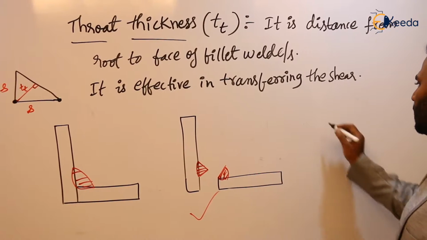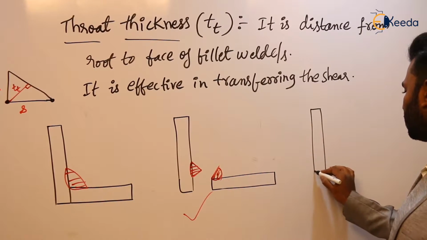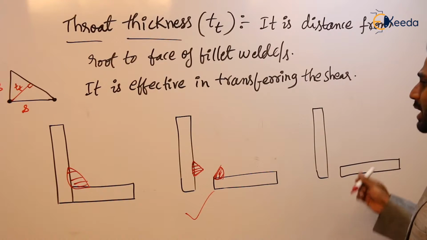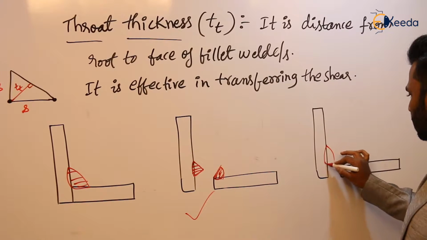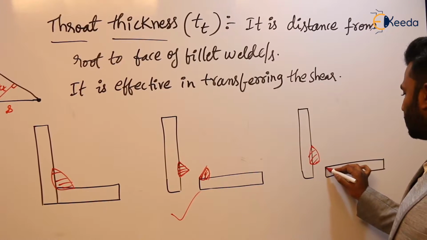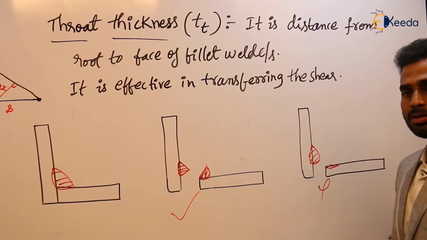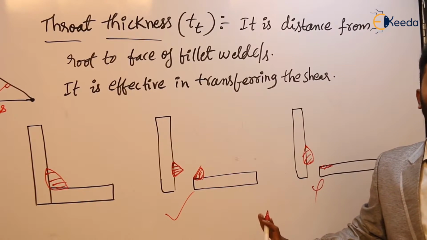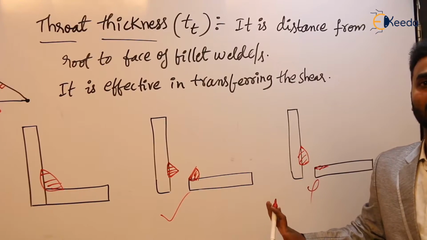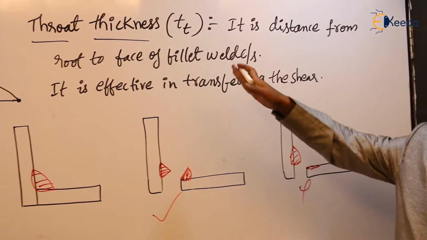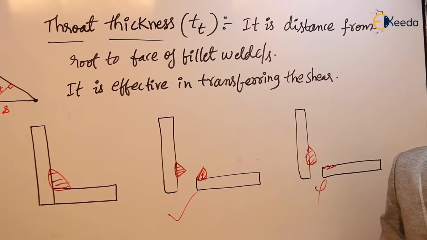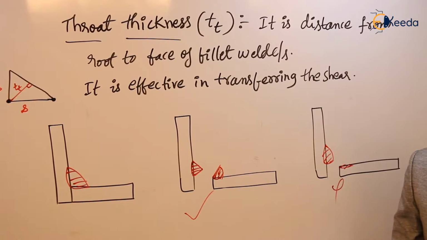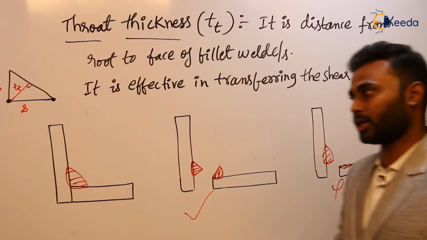But if you observe another case, the weld is not stuck to one metal entirely. That is not the case. Based on this practical observation, we came to know that the weld is going to fail along the throat thickness only. That is why the throat thickness is the weakest plane. Clear? Take it down. This is a very, very important dimension in the cross section of a fillet weld. Clear? TT is the perpendicular distance from the root to the face of the fillet weld cross section. Take it down.